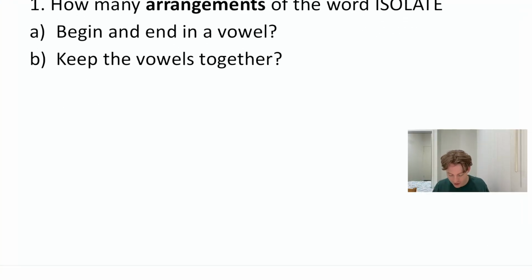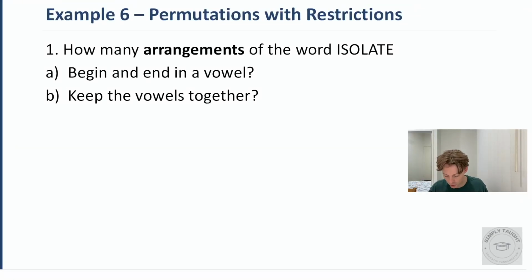So the way we're going to solve this is we are going to use our boxes. I have 1, 2, 3, 4, 5, 6, 7 letters in the word isolate, so I'm going to draw my underlines here. I've got 7 letters that I'm trying to arrange and figure out how many different arrangements I have. Now, if this was without restrictions, it would just be 7 factorial. 7 ways to pick the first, then 6, then 5, then 4, then 3, then 2, then 1,